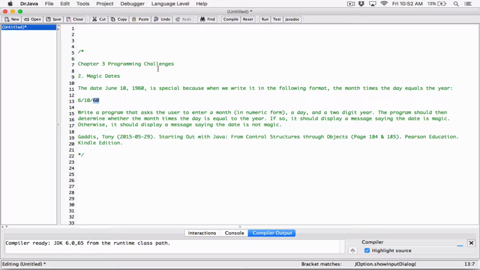So basically, this date is considered magic because the month, which is June, which is 6, times the day, which is 10th, is equal to the year, which is 1960. So 6 times 10 is equal to 60. So for example, if the user enters, let's say,